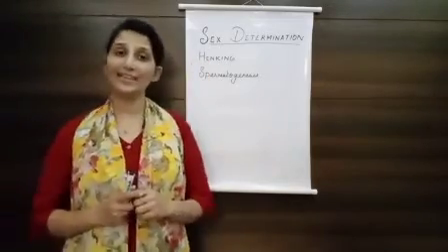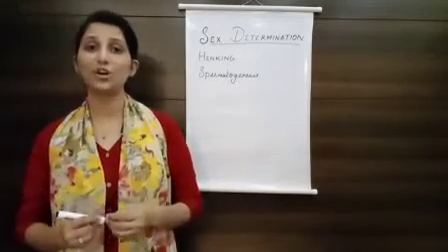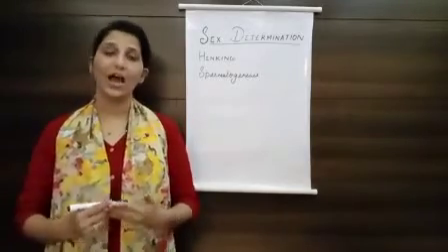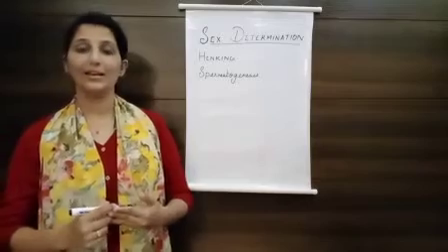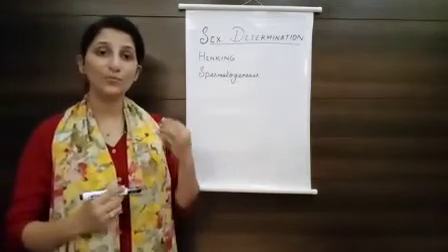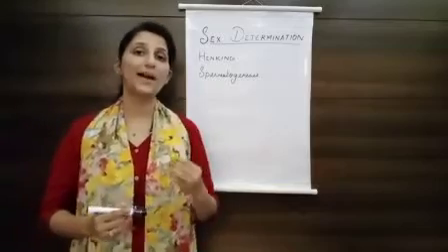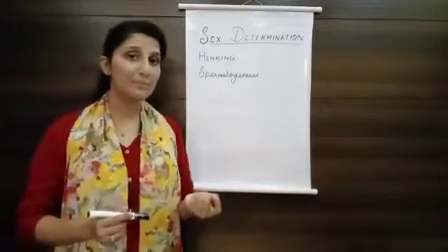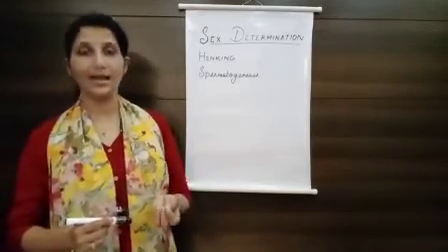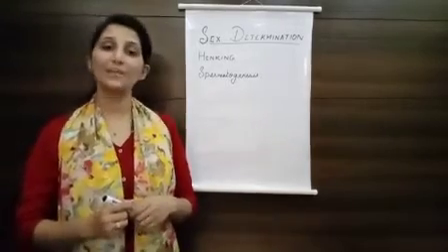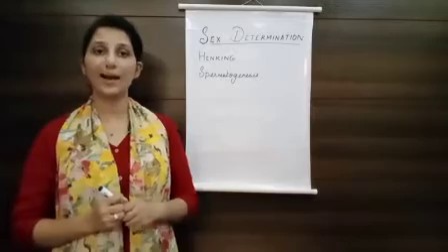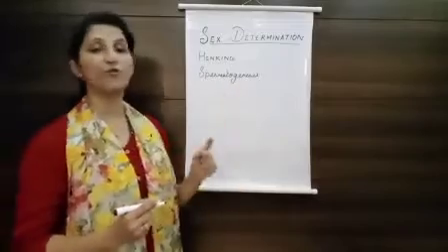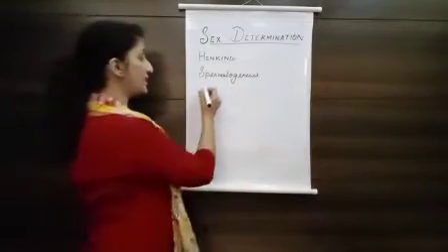Henking, in the year 1891, conducted cytological studies. What do you mean by cytological studies? Studies which are based on the cell. Those cytological studies gave Henking an observation at the time of spermatogenesis. Genesis means origin, and sperm means the male gamete. At the time of spermatogenesis, meaning formation of sperms, in many organisms, Henking observed that 50% of the sperms